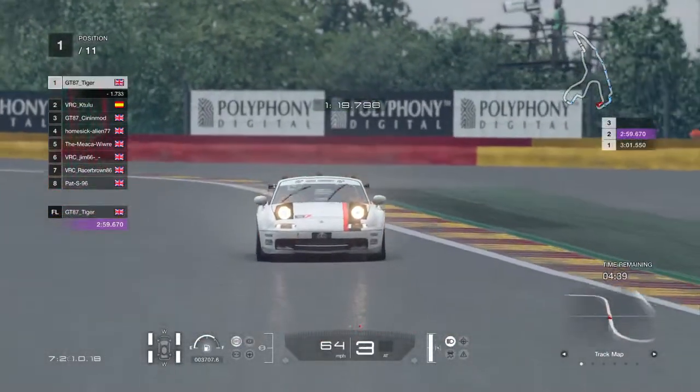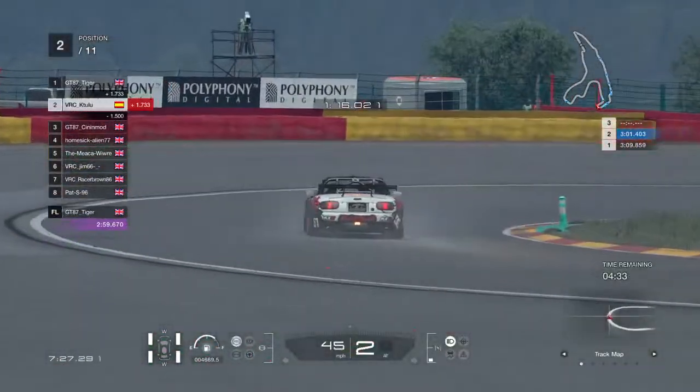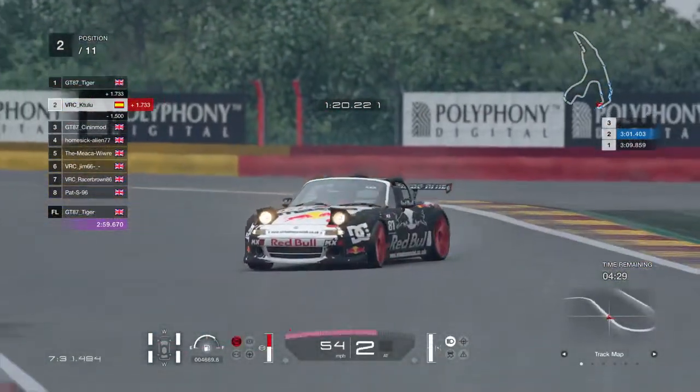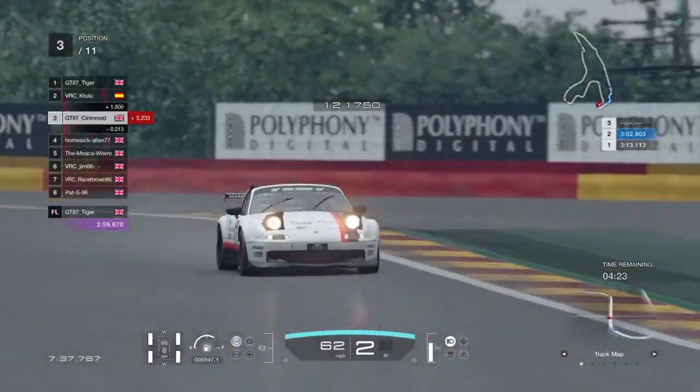So slow and steady, boys, slow and steady out there. Keep it nice and straight. So Tiger on pole. This is cracking stuff for him. Catula losing that back end. Whoa, he's on the Belgium grass now. Hey, man. And Cinemod